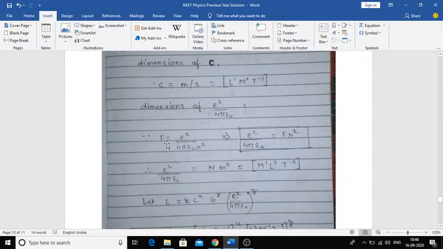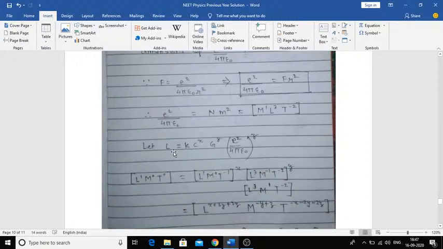But you know the force between two electrons can be written as e square upon 4 pi epsilon naught r square, right? I am taking magnitude. So that's why here I can take this r square on the other side. So e square upon 4 pi epsilon naught can be written as force into this distance square. So from here you can substitute the units, which is Newton, and unit of this distance square is meter square, and using this we will get dimension as M1, L3 and T minus 2.